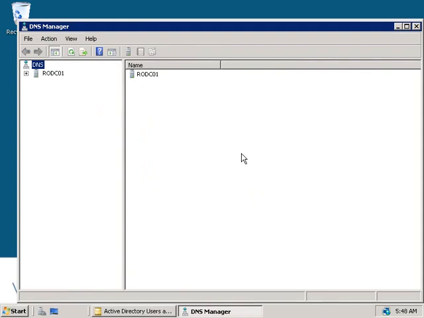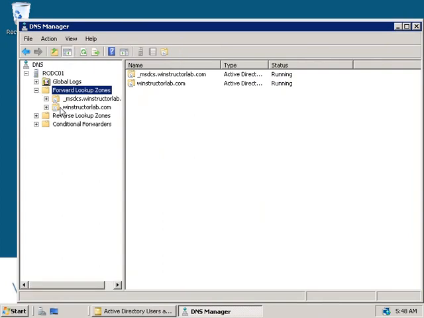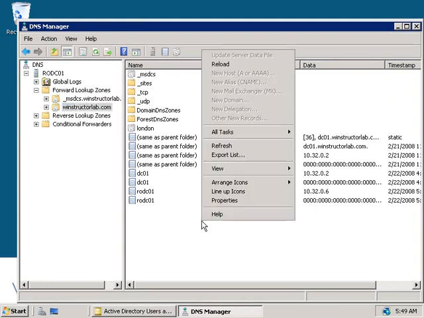So if we go and click on Start and choose Administrative Tools, let's quickly launch the DNS console as well, since you'll recall that we chose to install DNS on this server, and that of course should be read-only as well. So let's expand our server, our forward lookup zones. We'll select our zone here, winstructorlab.com, and we'll right click, and you can see here that all of the options for creating new records are grayed out, and like with our Active Directory objects,